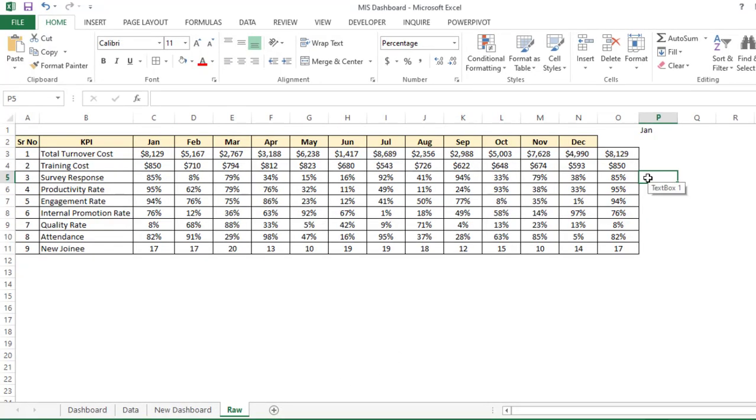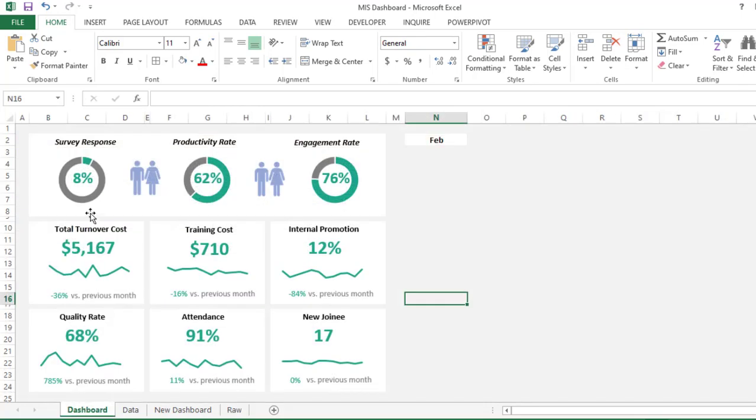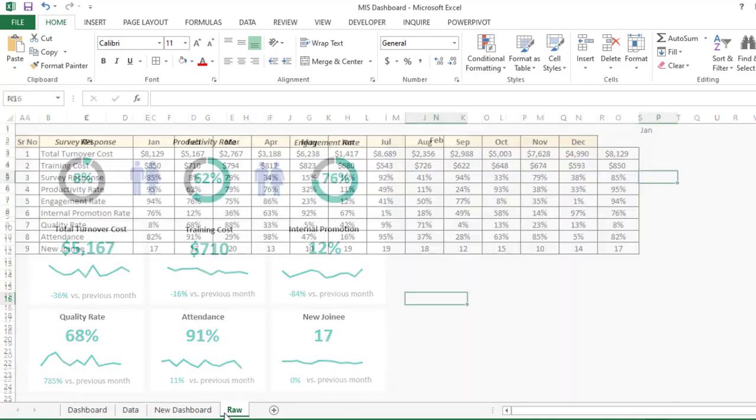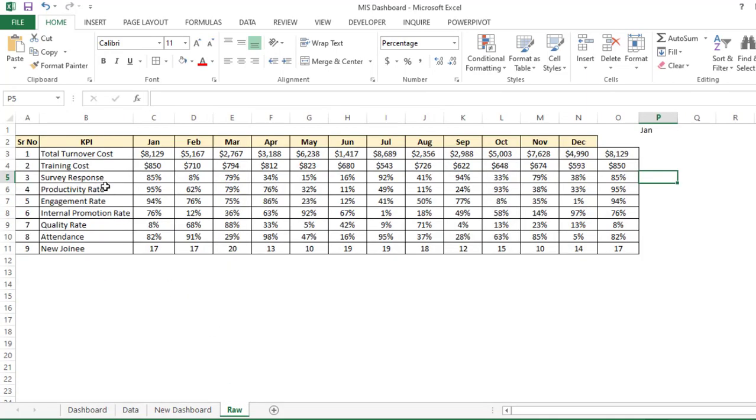The next step is we have to create some graphs here, like how we have created for our dashboard. I'm going to create these 3 graphs for our new dashboard. For that, first we have to select the metrics, right? For which metrics we have to create the graph. So for this particular example I am going to select these 3 metrics. Then we have to type the formula here, equal to 1 minus this particular cell reference. Okay, so now this one is done.